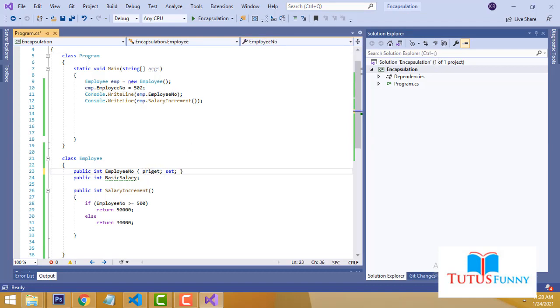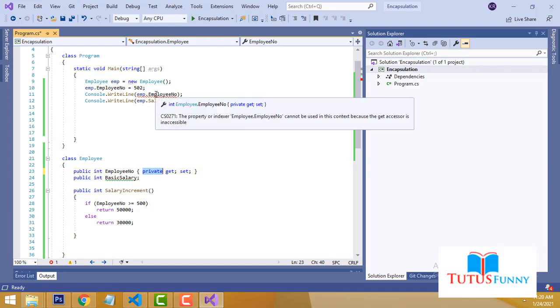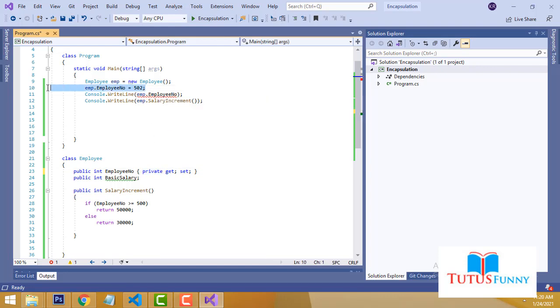In my last tutorial I explained these two things, right? Private means, if you call it here, it will be security, it will be data hiding. If you call it here as private, it will show an error. Only you will be able to enter the data. Set means receive the data, get means send the data, right? We can't send the data, only receive. The employee number you entered here will only be received, right? It won't be shown. Only the salary increment is shown.